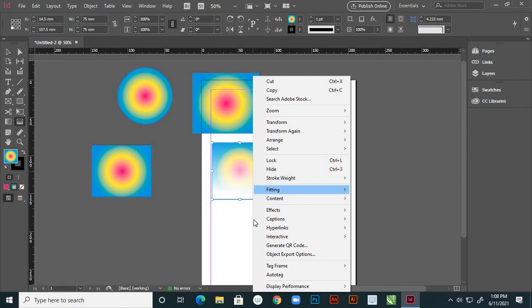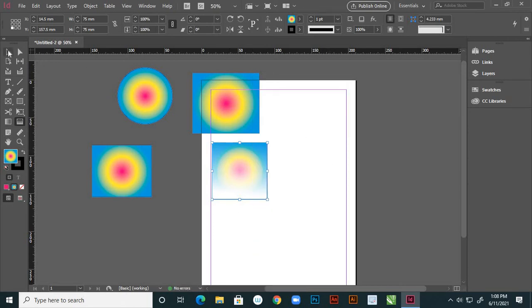Right? So the same thing here I'll apply on the image also, right?